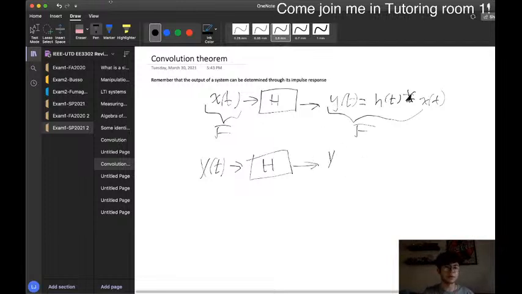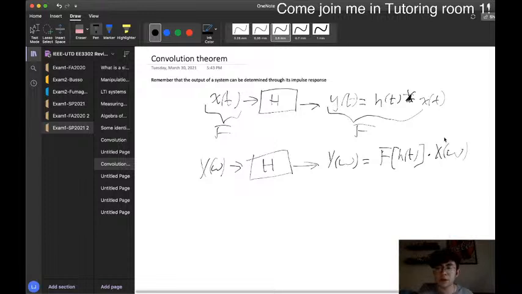Oh wait, hold on, not t, this is omega now, because we're in the frequency domain. So this is going to be just the multiplication of the Fourier transform of our impulse response, h, times x, just multiplied, no longer convolved, with our x